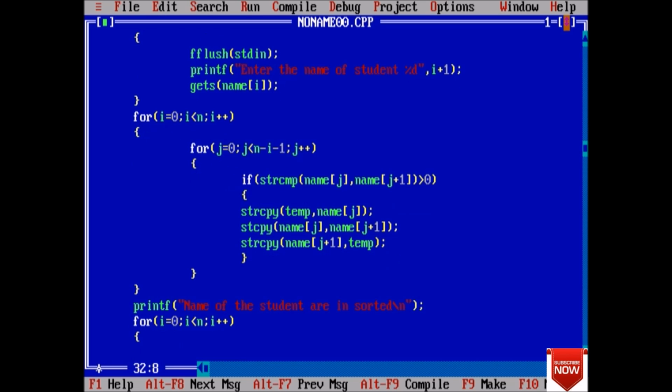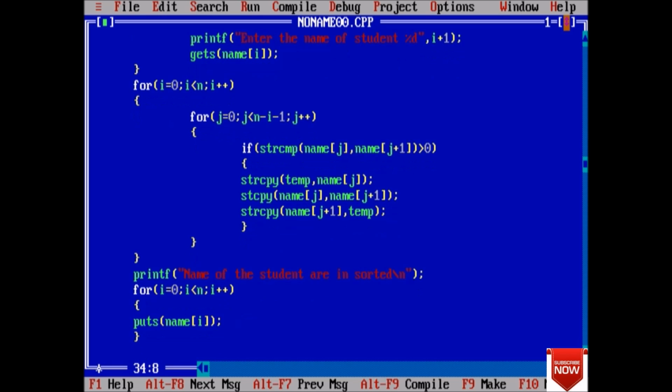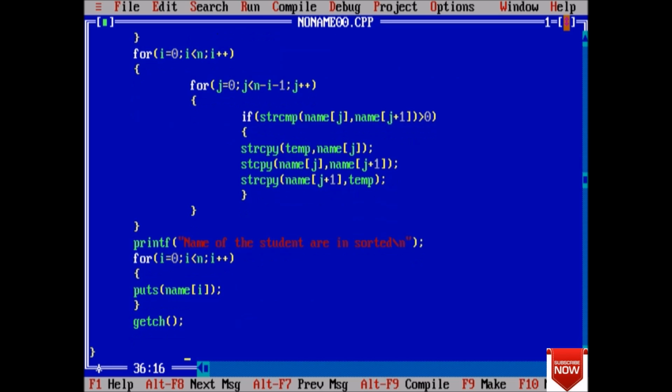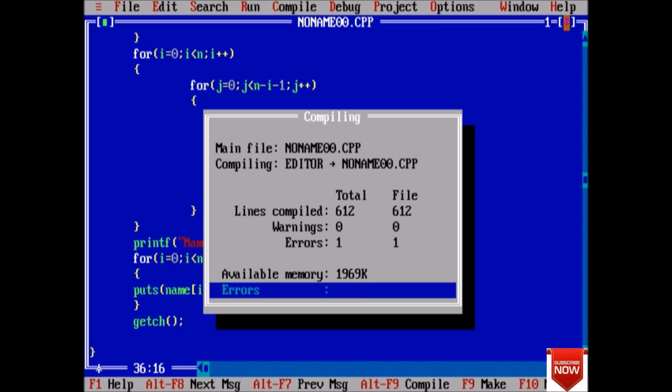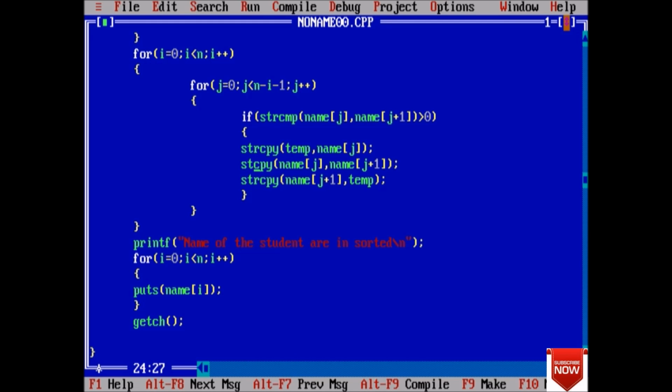Just printf %s, name i. Now it's fine. getch. Just check for any error. Yeah, we have an error in strcpy, a spelling mistake.